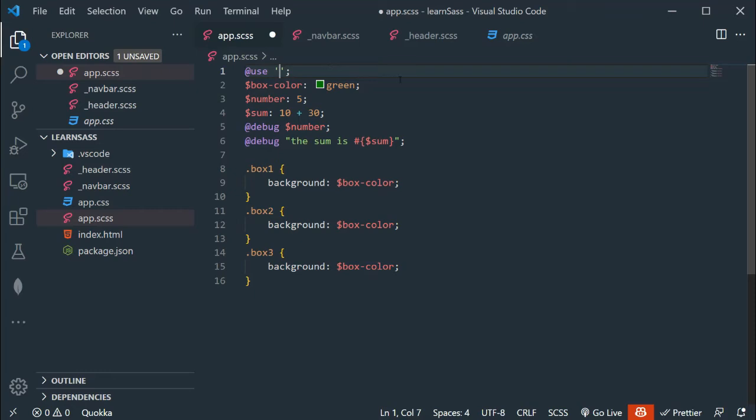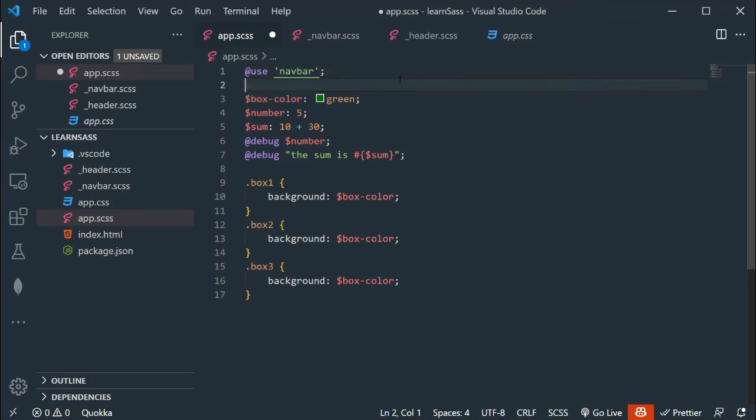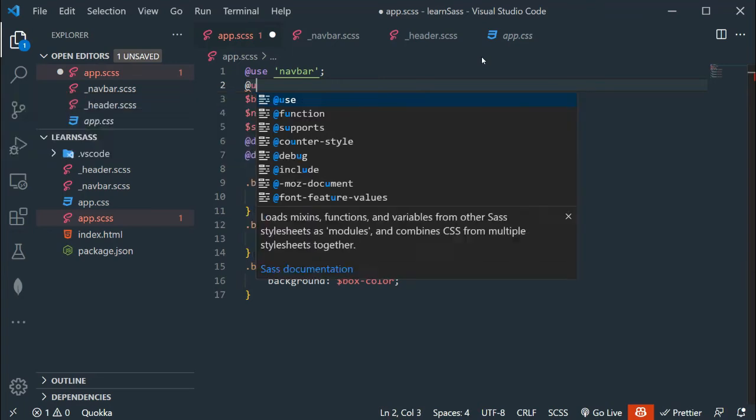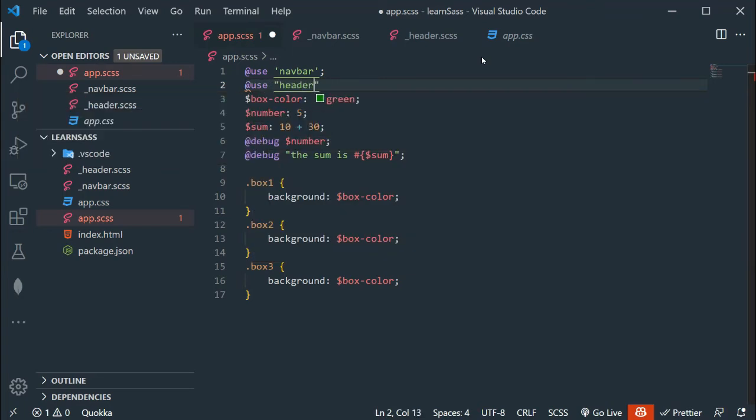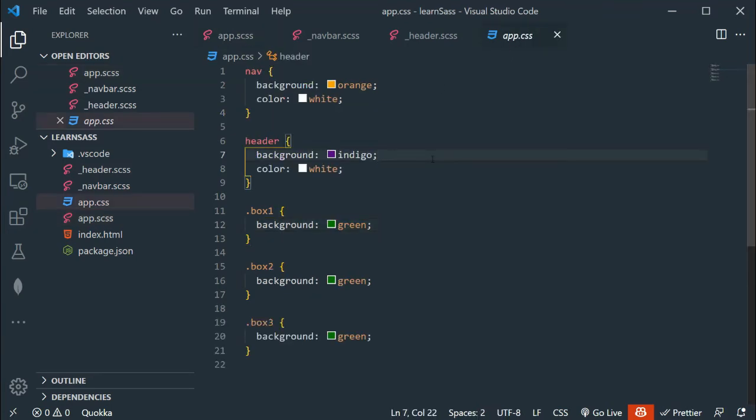So we have to add only navbar. And second I want to access header.scss. So again at use header semicolon, save the file. Now go to app.css. Now as you can see, first of all we have nav and below that we have header. So with the help of modules we can divide our SASS code into different modules.